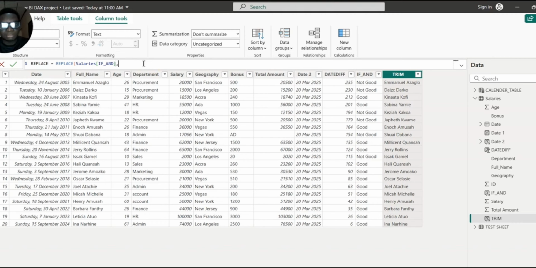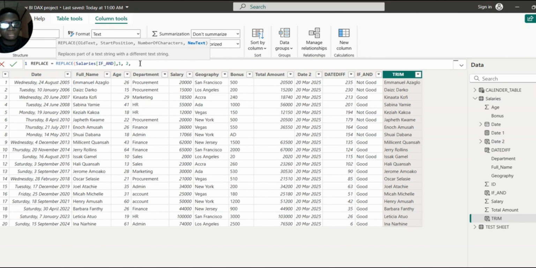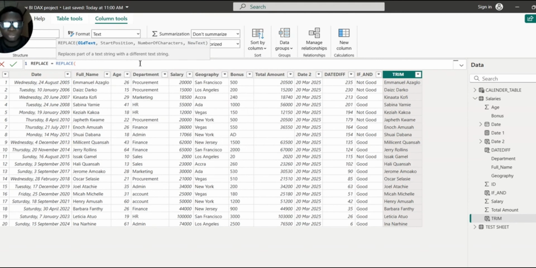Replace in this bracket, start position 1, number of characters we say 2, new text we say 4. So how does it replace? Give me a few minutes. So the new text we are going to say, if the old text, so old text is not